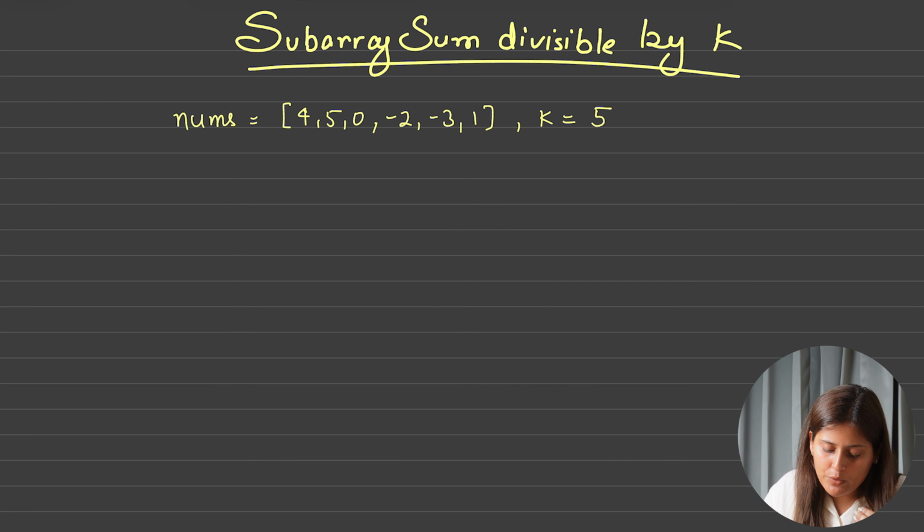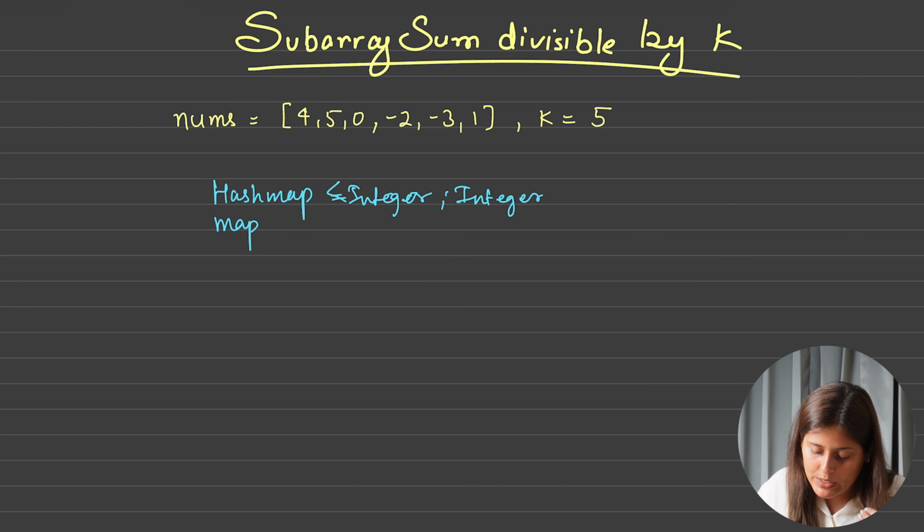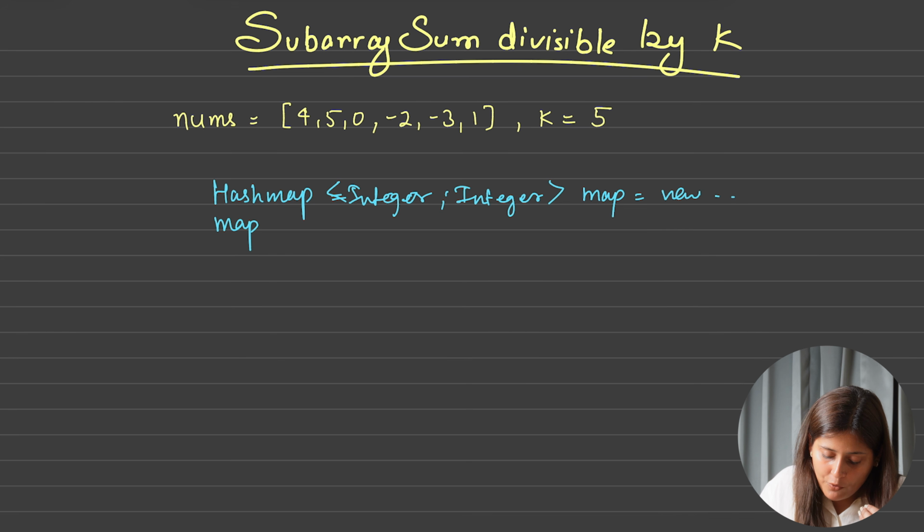So what we need first, we will calculate a hash map. I am just writing here that first we will calculate a hash map somewhere here, and then in map, suppose we name it map. Okay, so of integer type, let's write. So we want to put key and value. Key will be remainder and value will be frequency. Let's name it map is equal to new HashMap. Then in map I want to initialize 0 with 1 count. Yes or no? Yes. Okay, I have initialized.